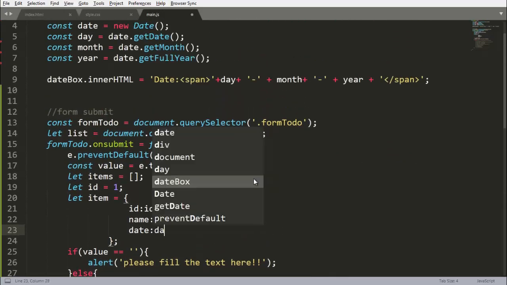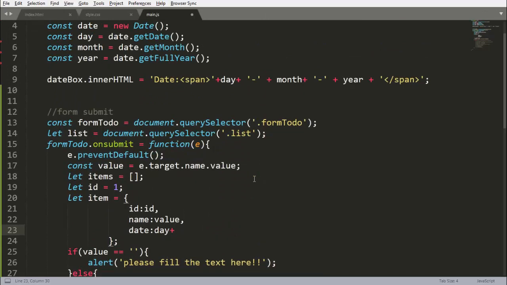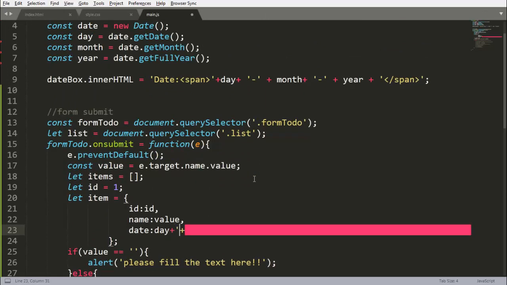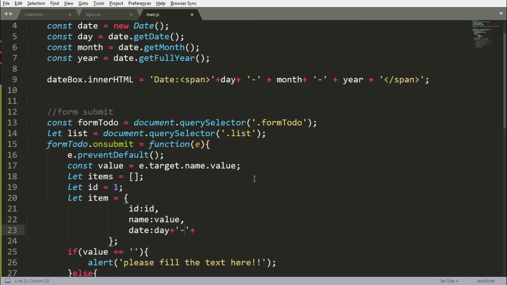First there will be day plus, now there will be a concatenation operator, that will be minus here. So for that we want month, and plus, and there will be a hyphen, and then one concatenation operator again, and then we want our year here. So this is our item here.